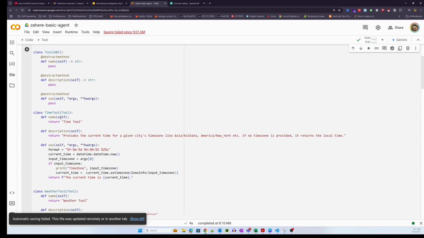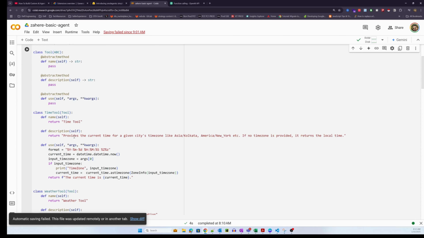So the tool class has the name. We want to give the name of the tool so that when an agent or an LLM decides which tool is required to execute a specific task, it becomes easier for us to take that name, use the relevant tool, and execute that task, right?